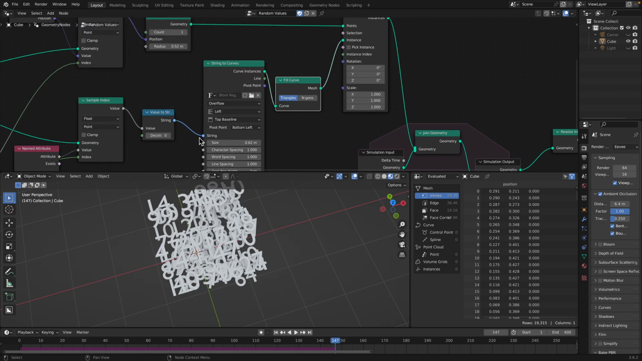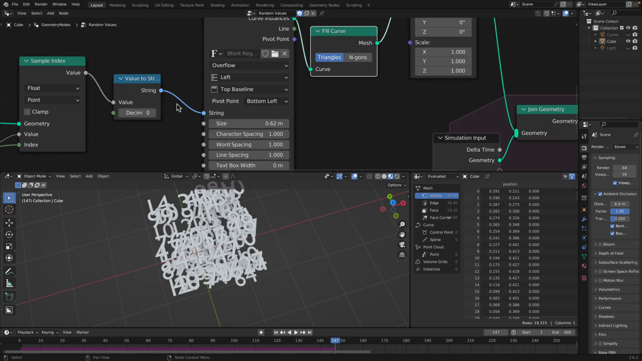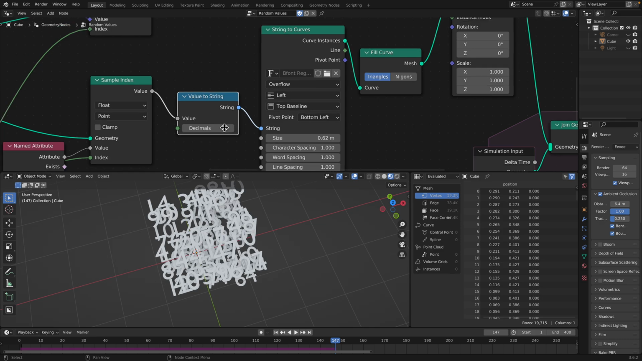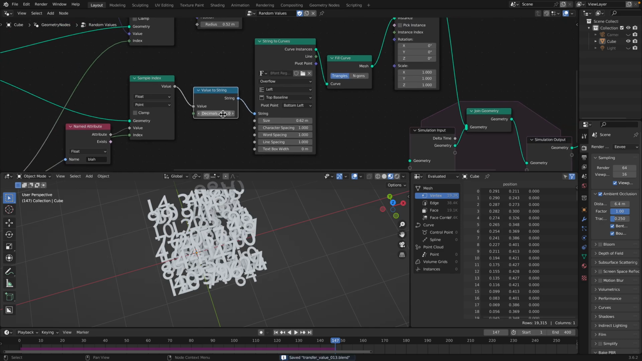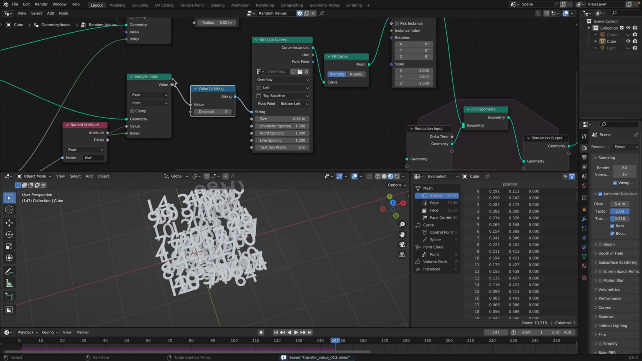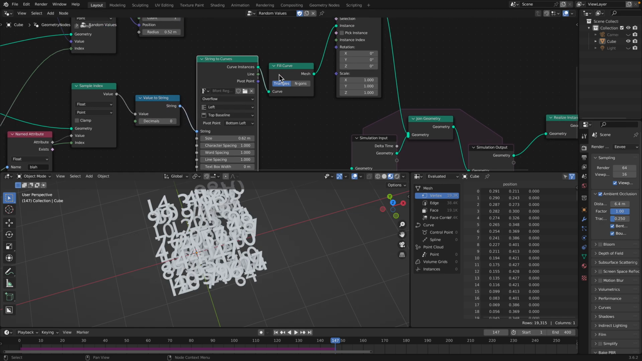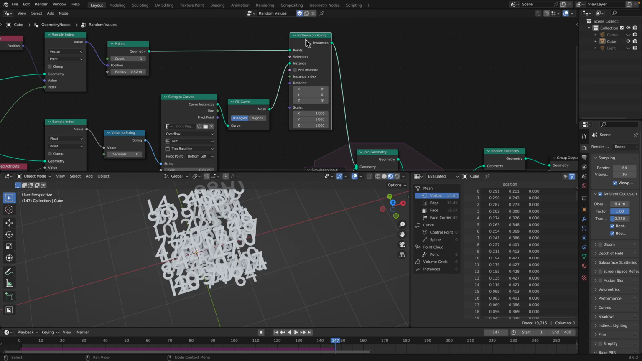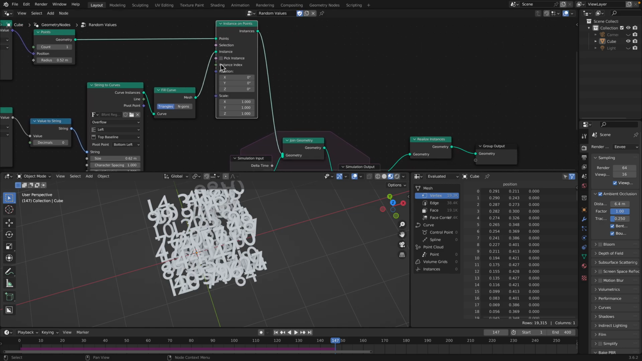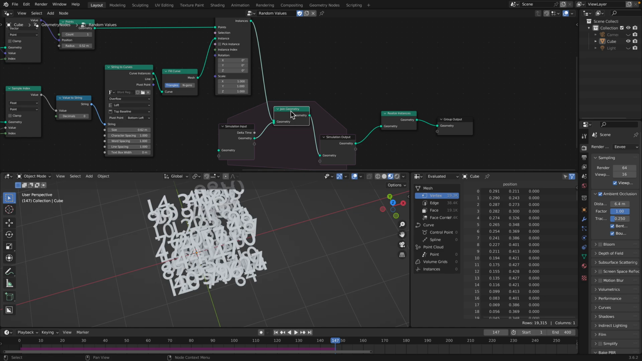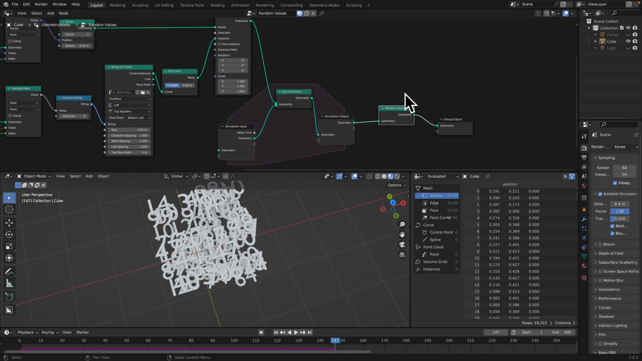string to curve only accepts a single value from value to string. And I think this example is the best to show you how value to string can work with string to curve. And yeah, I'm using instance on points, and then I plug it into simulation nodes, and in the end I realize the instances,